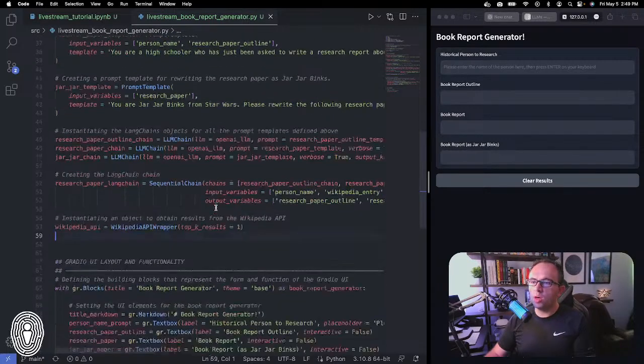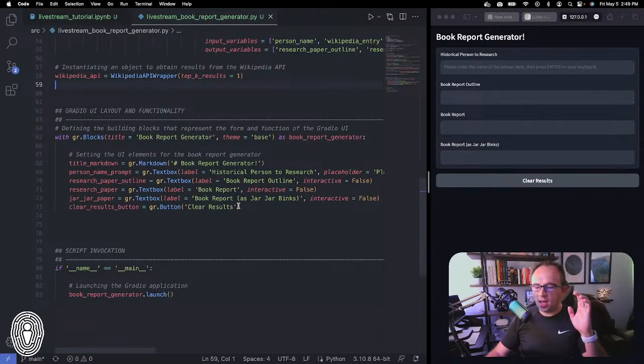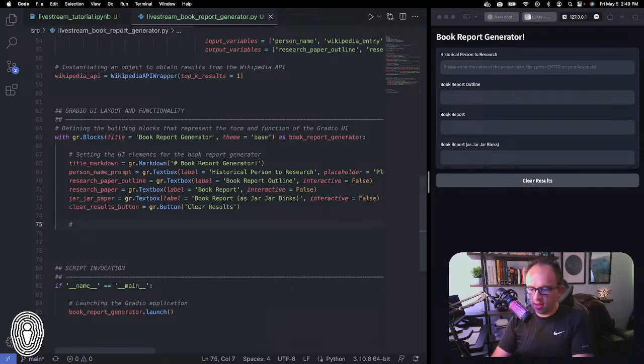So the way that this works in Gradio, let me just show you the syntax. In this same blocks section is where we actually define how we want our application to behave. So I'm going to say defining the behavior for what happens when the user hits enter after submitting